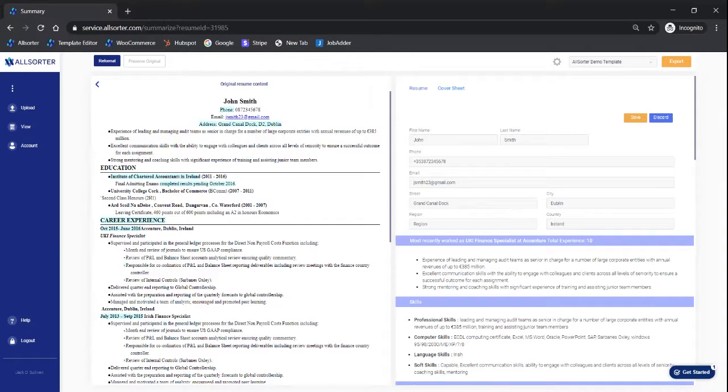Just wanted to run you through really quickly the first section of our Allsorter interface, which is the profile section of the candidate. As you can see here for our sample CV of John Smith, the system has picked up all the information from the top of the screen perfectly, including name, phone number, email address, and then the candidate's